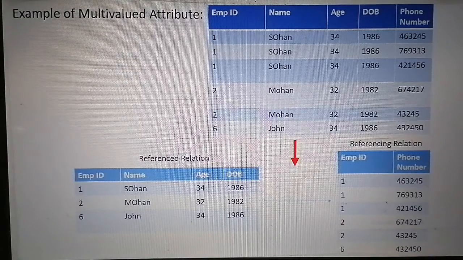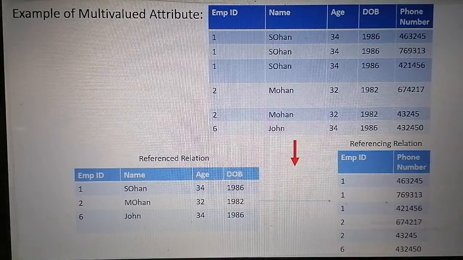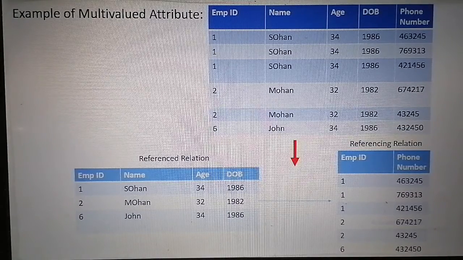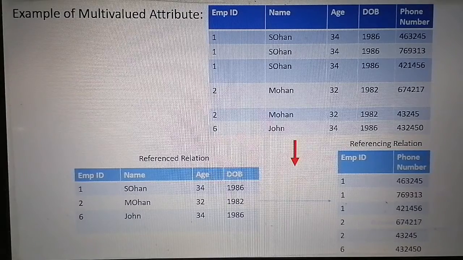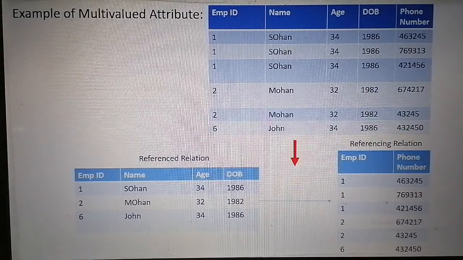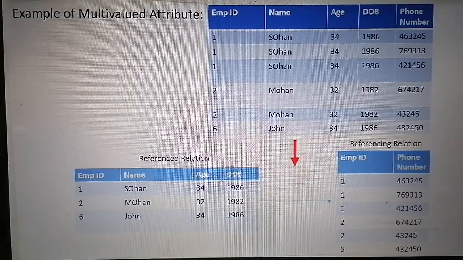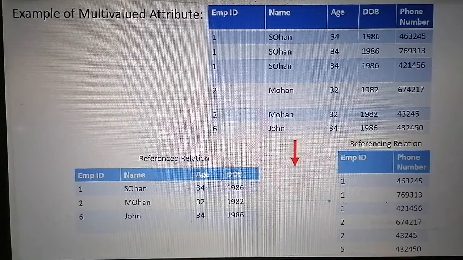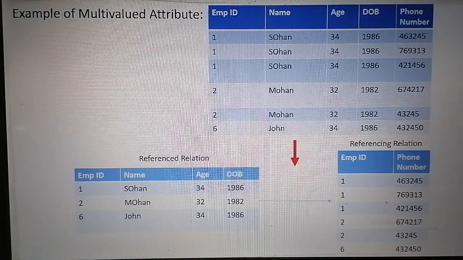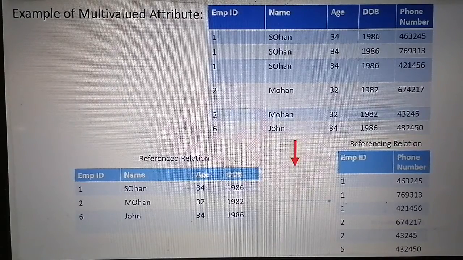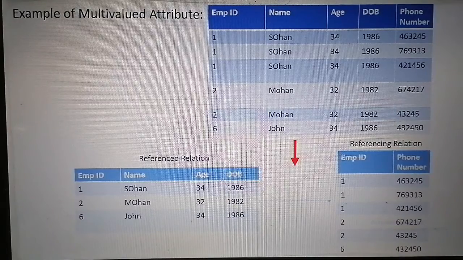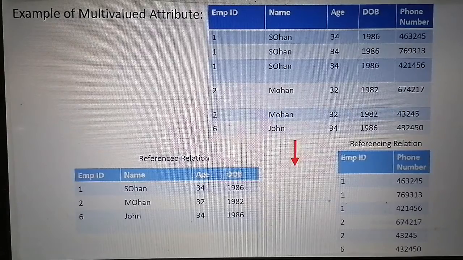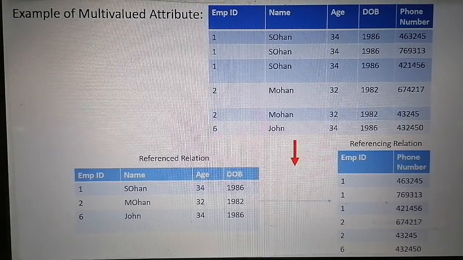Sohan has 3 mobile numbers, so the whole detail of Sohan is repeated in every tuple: employee ID, his name, age, date of birth, all are repeating. Also, employee ID is no longer a primary key because the employee ID is repeating in that relation.